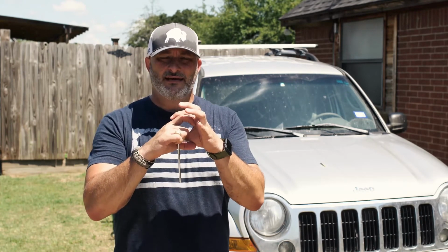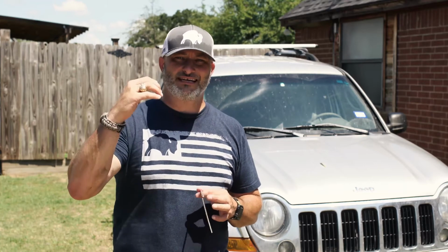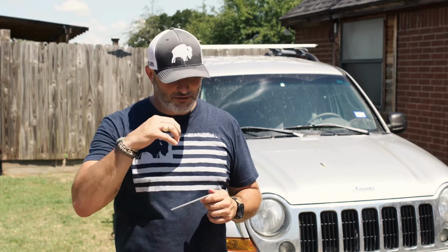They're all adjustable. Again, it's a universal rack, so it'll install on a lot of different systems. You can tell from the Jeep here, it's got a round rail. Some of them have square rails, some of them have thin rails. As long as you can clamp that down reasonably onto that rail system, you're going to be fine. The rail systems that don't work are any kind of track system where the connection actually has to be in a track. It doesn't come for that. This is made to mount onto a rail. If you have existing rails, then you can probably get this to clamp on. If you don't have existing rails, if you have a track system, it's not going to work unless you buy some sort of